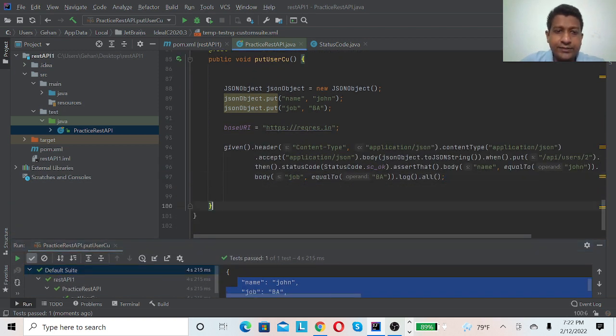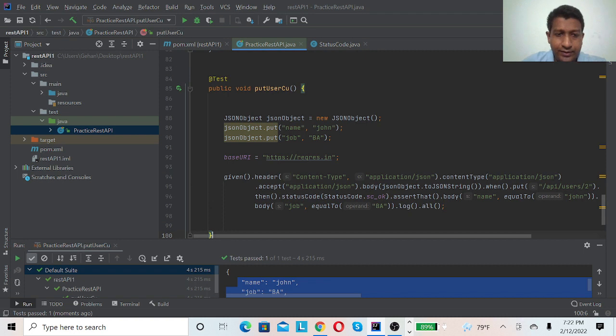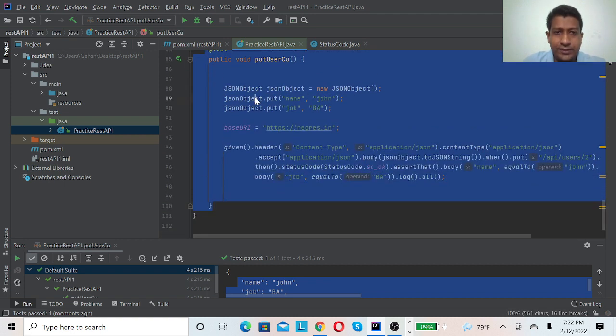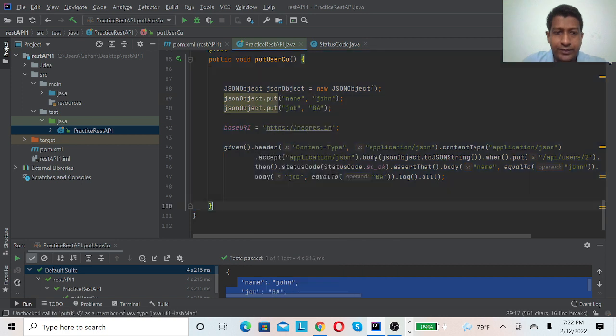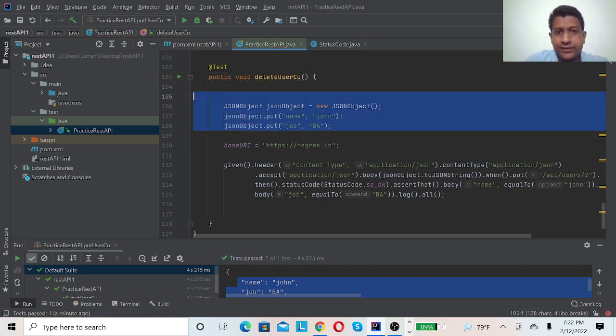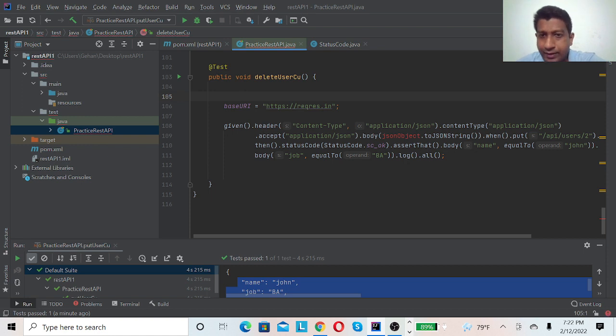And I will do the delete. For delete there's no request body, so no need for the JSON object. I will take a copy here, and for delete the user I will remove this JSON object, I will remove this part, and instead of put I will put delete.